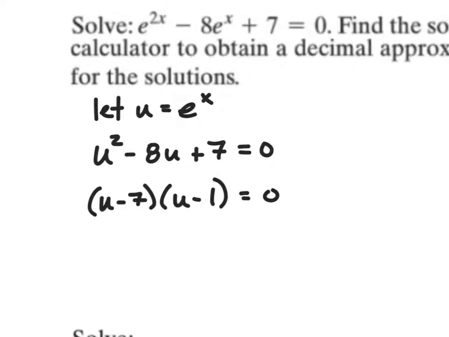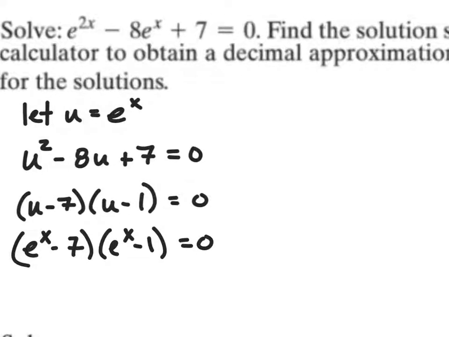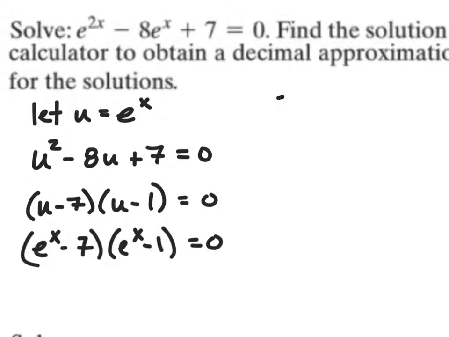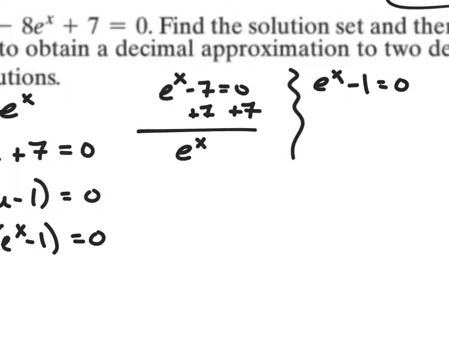So now let's just plug our e to the x back in. That's e to the x minus 7 times e to the x minus 1, and that's going to equal 0. Now that we've factored that quadratic, we have e to the x minus 7 equals 0, and e to the x minus 1 equals 0. Let's solve these equations. Let's add 7 to both sides. If I've got e to the x is equal to 7, I'm going to apply the natural